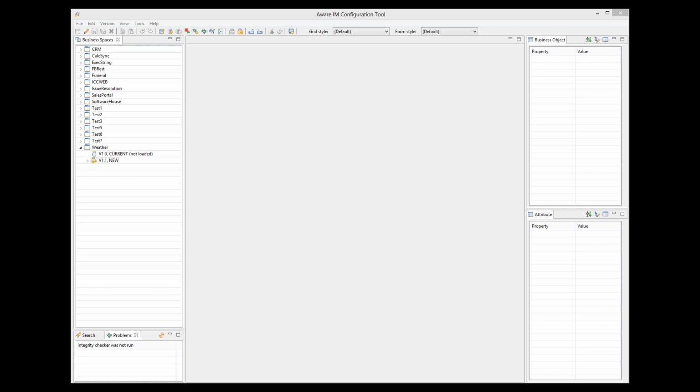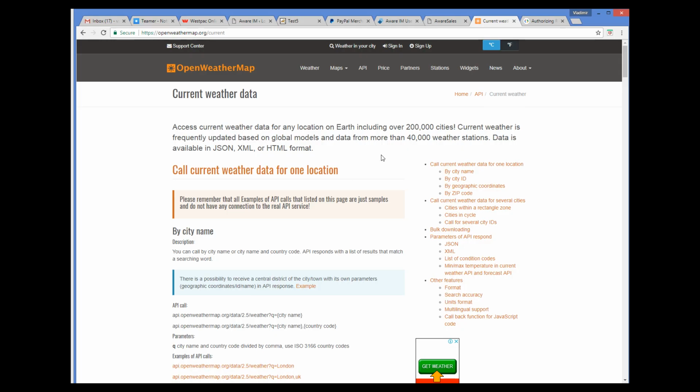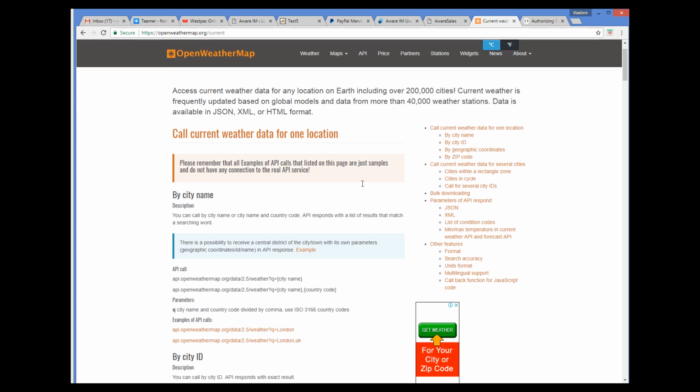Let's look at an example. First, let's take a look at an example that does not require OAuth authentication. Let's look at a website of a service provider that returns weather information for a specified city. If we go to the documentation of their API, we will see several services. You can specify city by name, ID, and so on. We will be looking at the service that returns weather information given the name of the city and the country code. So if we look at an example of the call to this service here,